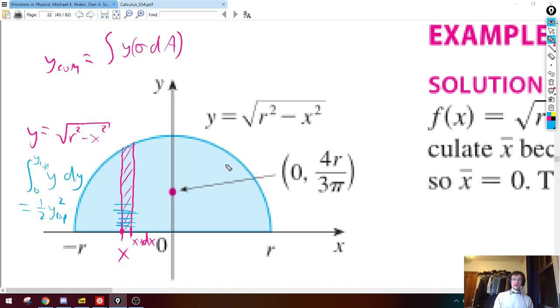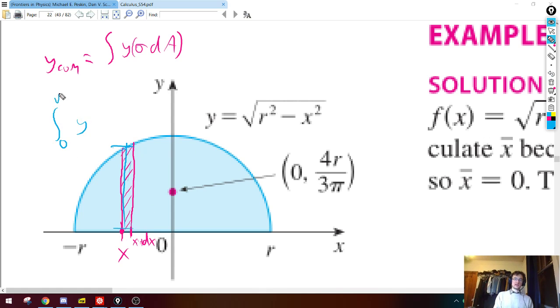So I kind of botched that explanation, but let me just say it one more time. We're going to integrate over x instead of over y. For each fixed x, I'm going to add up all of the contributions to the y center of mass. To add up all of the y contributions, I integrate up along a vertical strip. What do I integrate up? I should be integrating y for each slice along this strip. So I'm integrating all of the y's from 0 to the top, but what is the top at a fixed x? It's basically root r squared minus x squared, dy. So for each of these strips, I really end up with a 1/2 times y squared, or a 1/2 times r squared minus x squared.